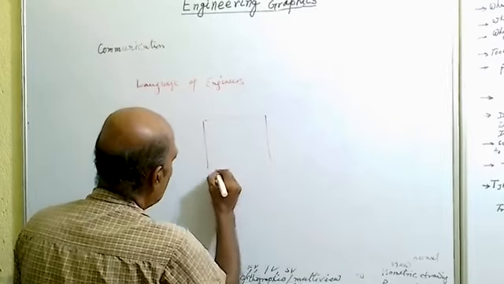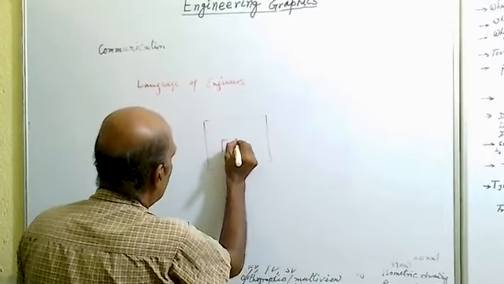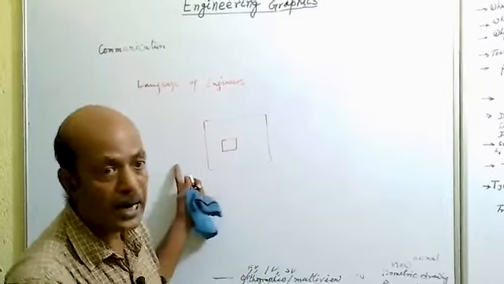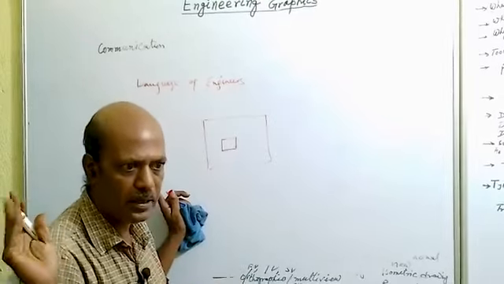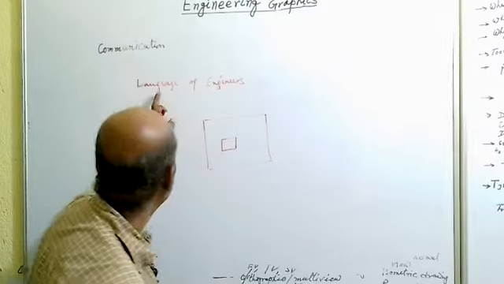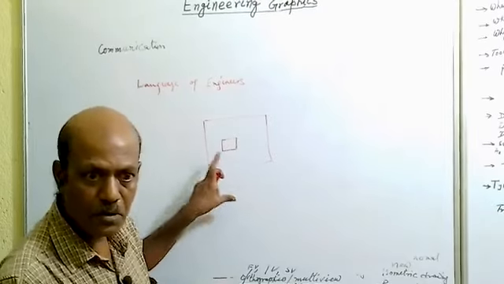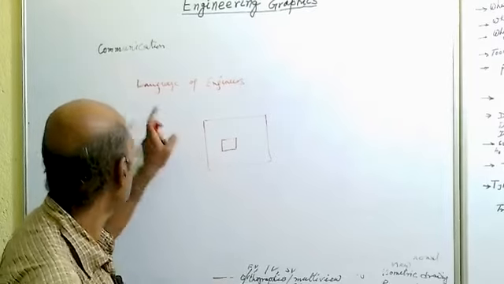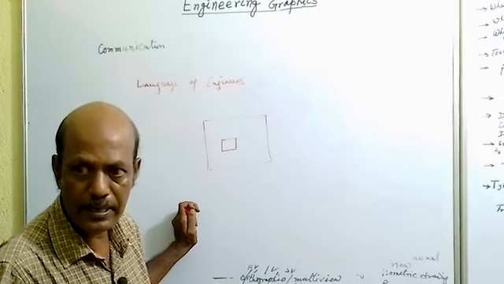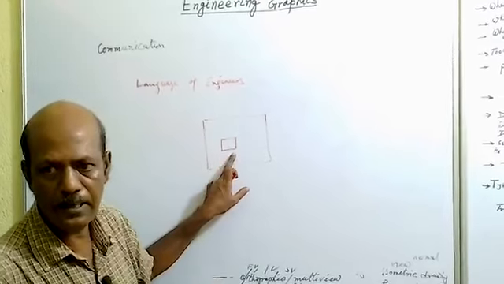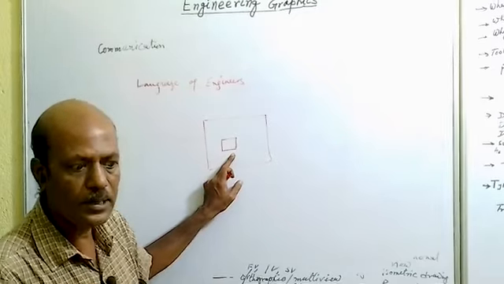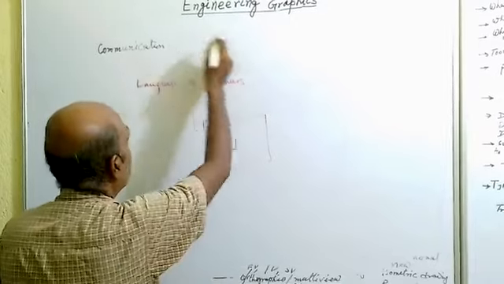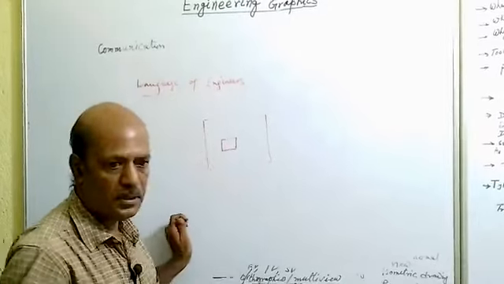we have drawn something on a sheet of paper. If we have drawn something on a sheet of paper, that can be understood by other engineers of a different country. That means whatever we have drawn here can be transferred to other engineers. That's why it is called the language of engineers, like other languages. We can communicate this idea to others with the help of graphs or sketches. That's why engineering drawing is also called the language of engineers.